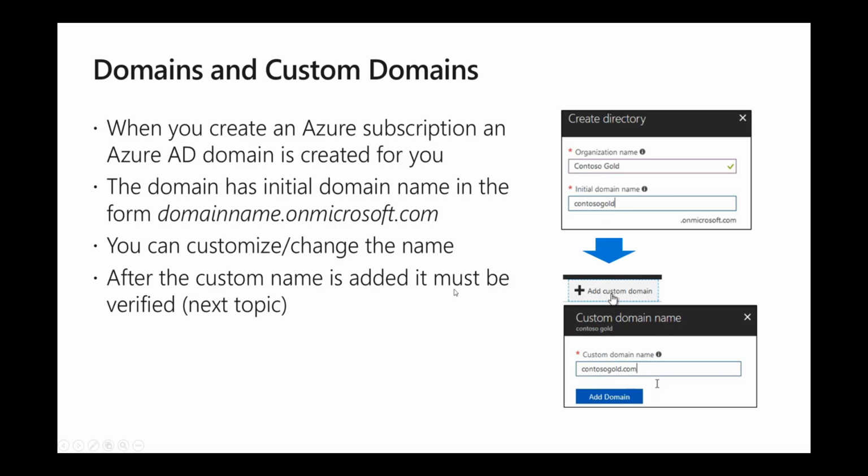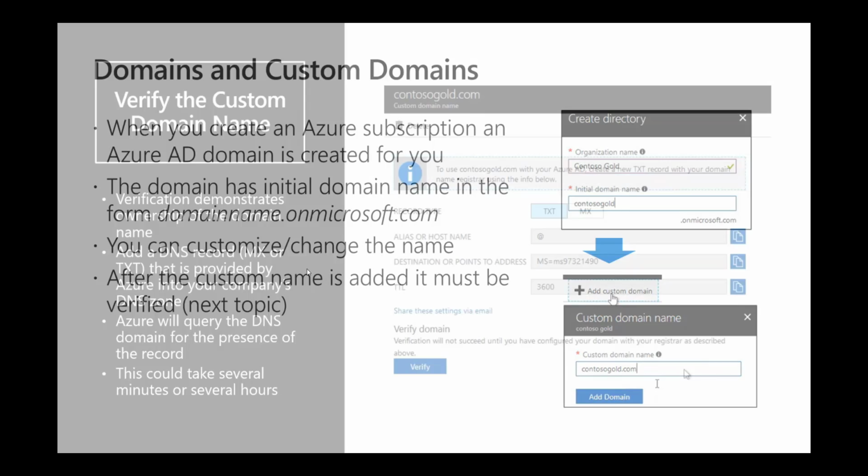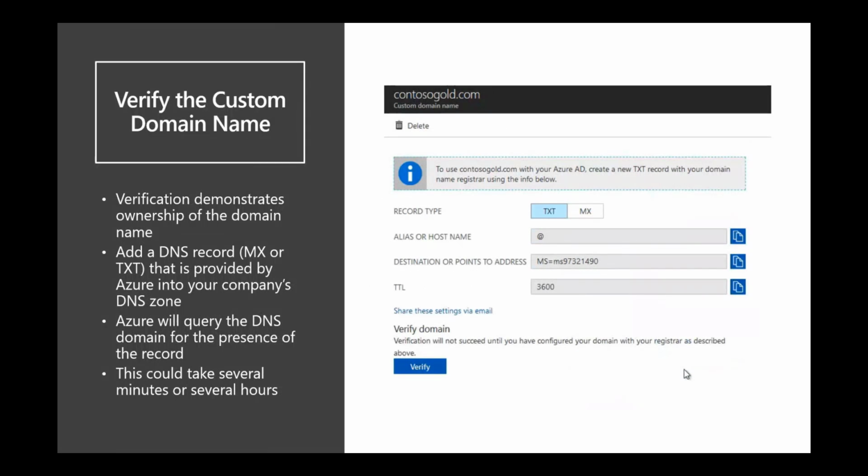After the custom name is added, it must be verified. Whenever you configure a new domain, you have to prove your identity, that you are the owner of that domain. Then after that, you will be able to configure it. Normally there are multiple methods to prove your identity. One of them is a TXT record. The second one is an MX record. Whatever identity you get here, you will have to create this record in your registrar first,